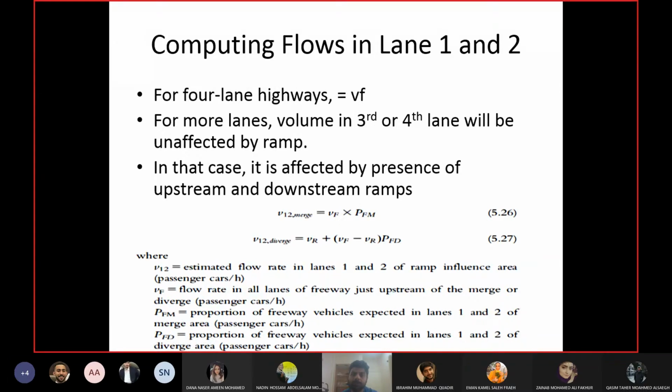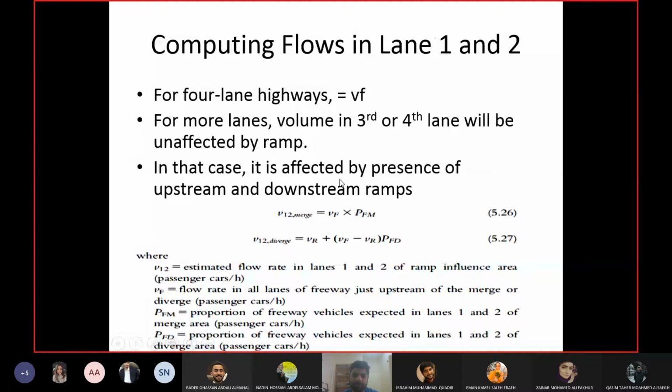Can I have a 2 lane freeway? So we said 4 lane, you will have the flow rate of the freeway equal to the flow in the 2 lanes, the total flow. What about if I have a 2 lane freeway? What will happen then? Doctor, there is no 2-lane freeway. Yeah, the freeway cannot be 2 lanes. Okay, so this case is not possible.